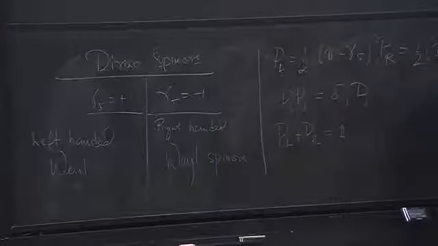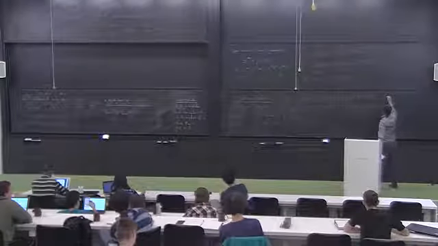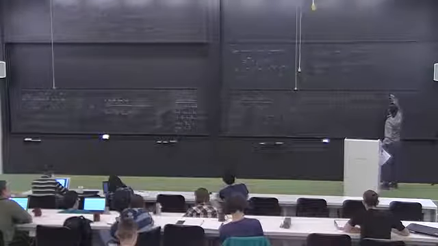And then a left-handed Weyl spinor, which we denote by psi_L, can be gotten from the Dirac spinor just by applying P_L on a Dirac spinor. And a right-handed Weyl spinor